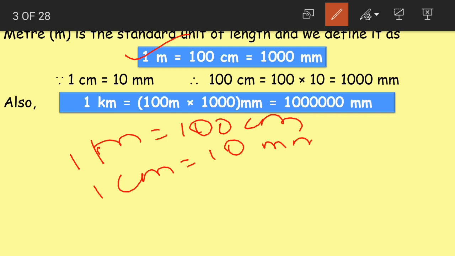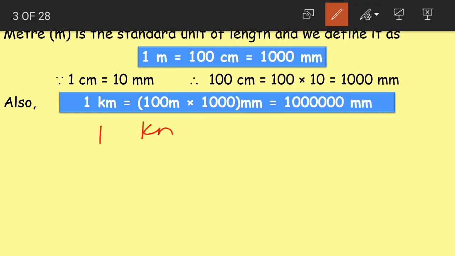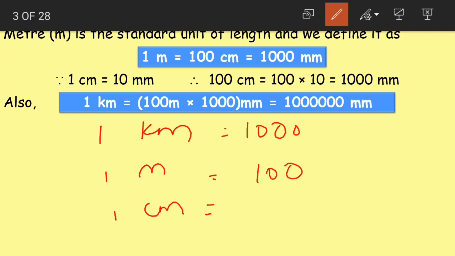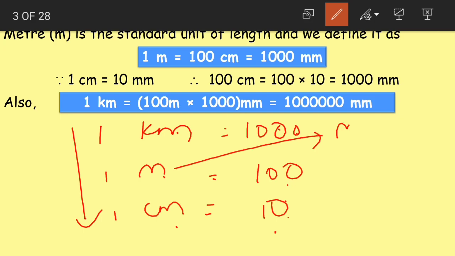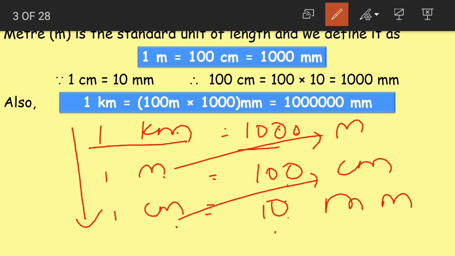Now if you simply remember this, 1 meter is equal to 100 centimeters and 1 centimeter is equal to 10 millimeters and 1 kilometer is equal to 1000 meters. Okay, students? See, first we have kilometers, then we have meters, then we have centimeters. So, I'll write 1000 here, then I'll write 100, then I'll write 10. In the decreasing order, I am decreasing 1 zero. This is the hierarchy, right? Kilometers, meters and centimeters. So thousands, hundreds and tens. Now I'll write meters here and I'll write centimeters here, and after centimeters we have millimeters.